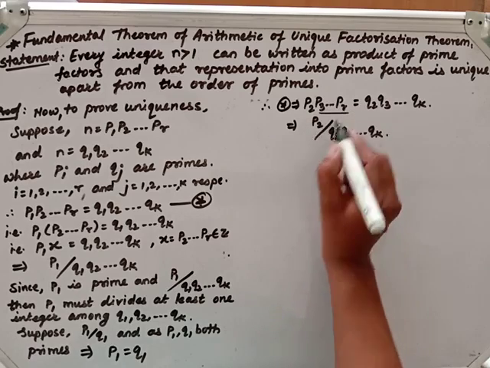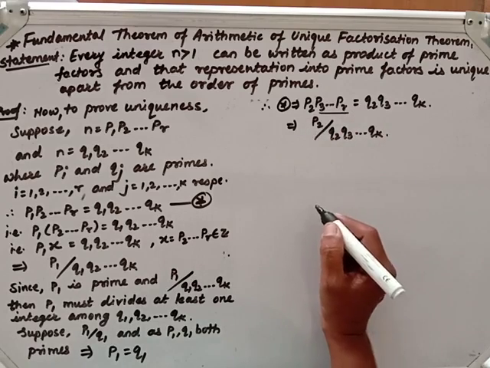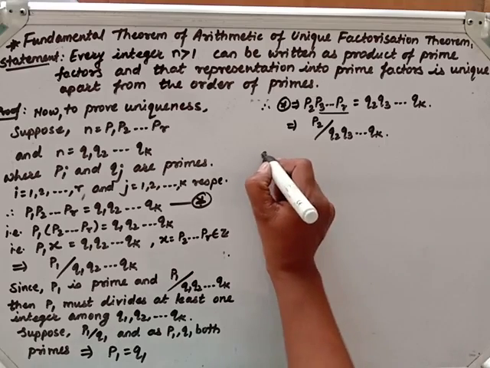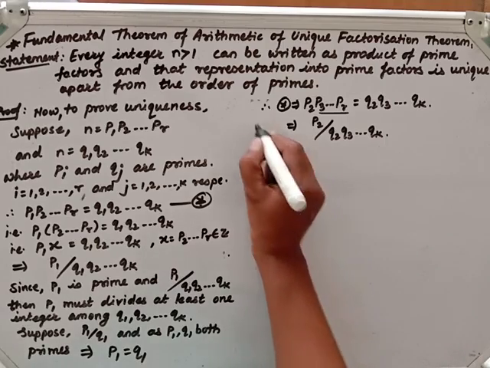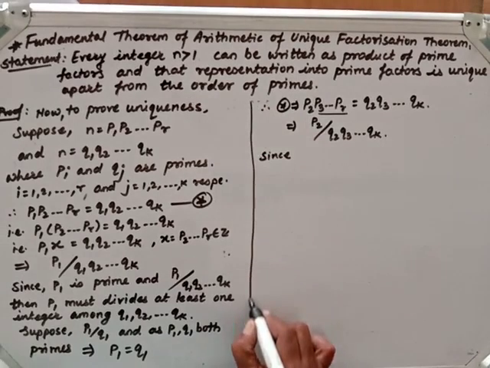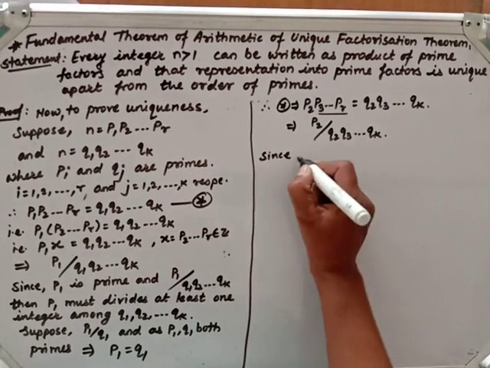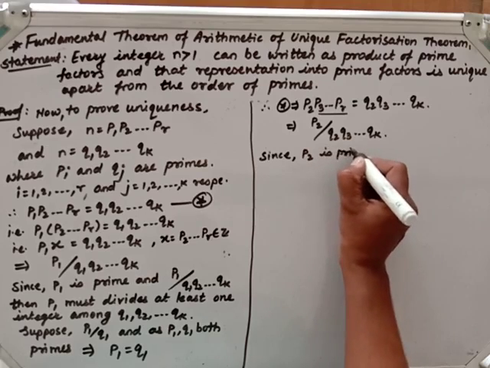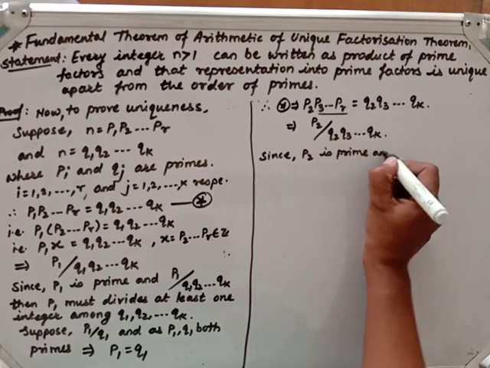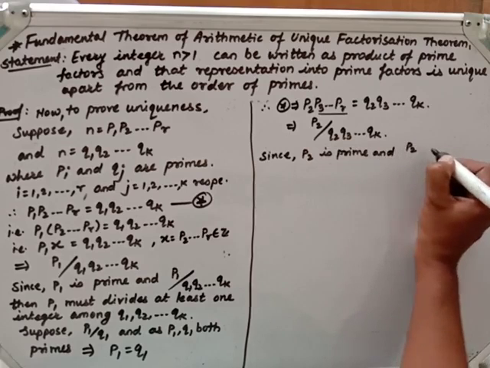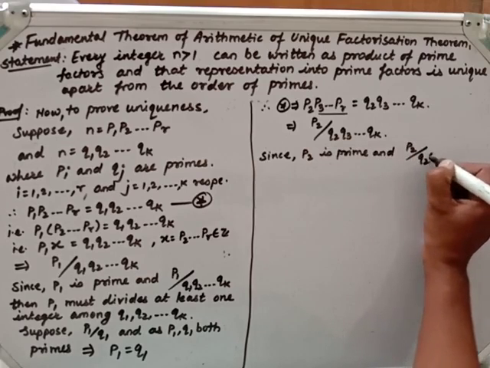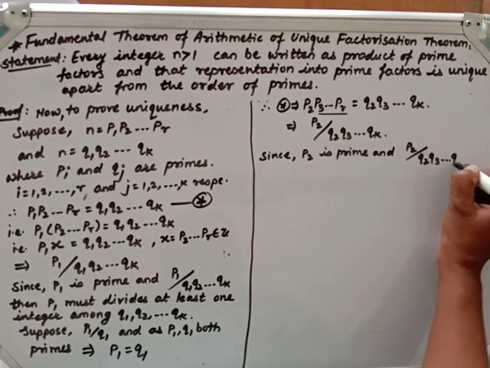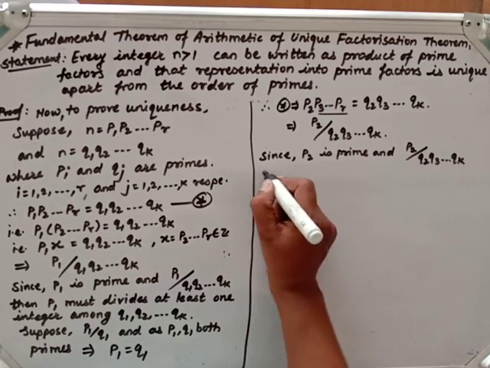Here also we can take this as another integer. Since p2 is prime and p2 divides q2, q3 and so on up to qk, then